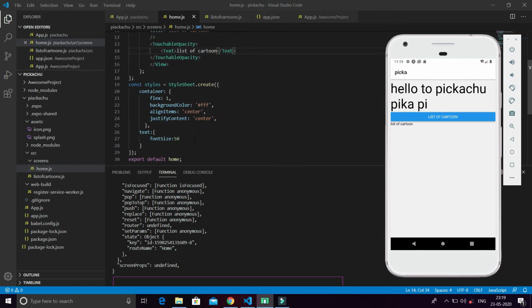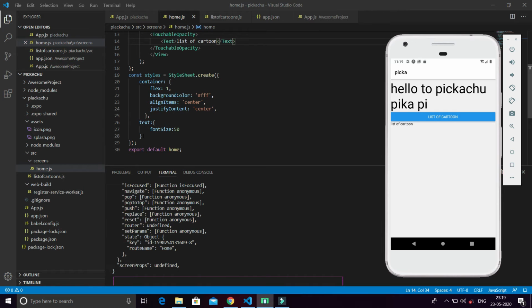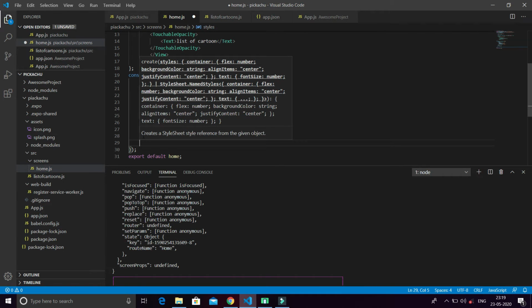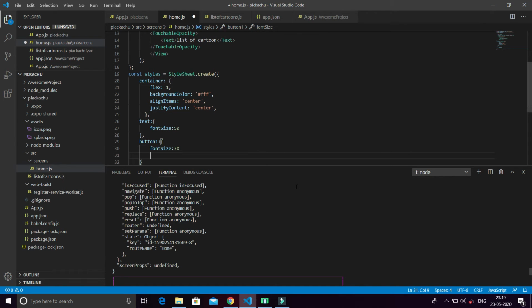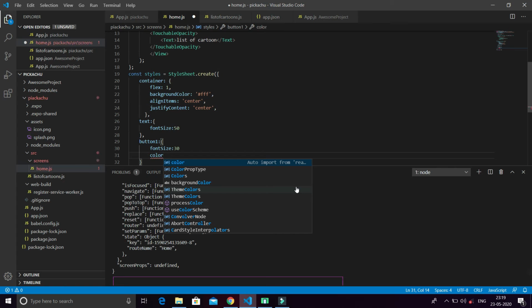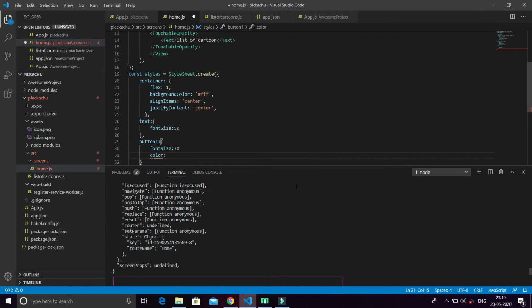So let's make a new style as I showed you previously. I name it button one, and here I provide fontSize 30 and color blue.